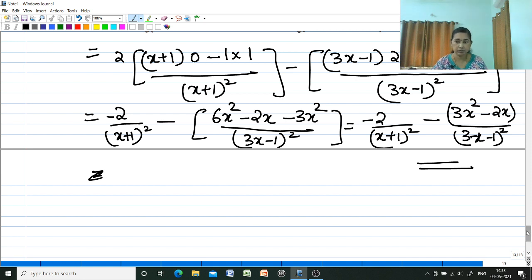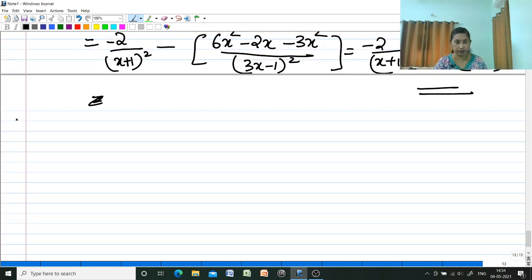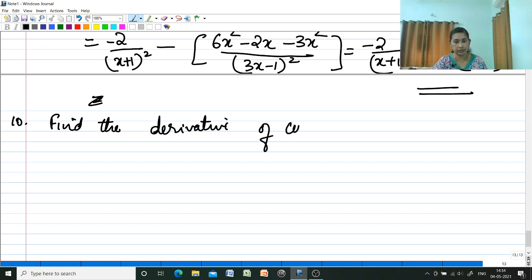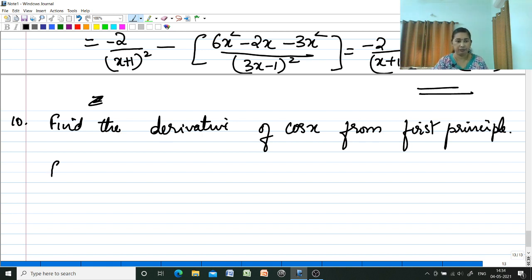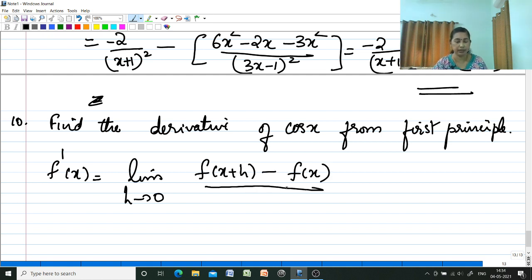Then next one is to find using first principle. 10th question is find the derivative of cos x from first principle. And what is first principle method? F dash x is equal to limit h tends to 0 f of x plus h minus f of x divided by h, and that is equal to